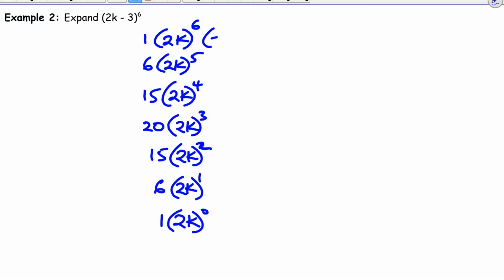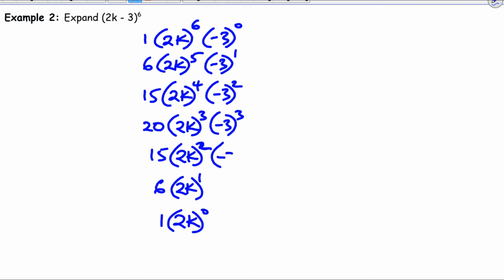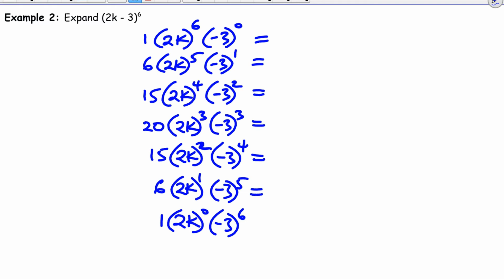So negative 3 to the power of 0, negative 3 to the power of 1, negative 3 to the power of 2, negative 3 to the power of 3, negative 3 to the power of 4, negative 3 to the power of 5, and negative 3 to the power of 6. And then the next step is to simplify each of these. You may need to use your calculator